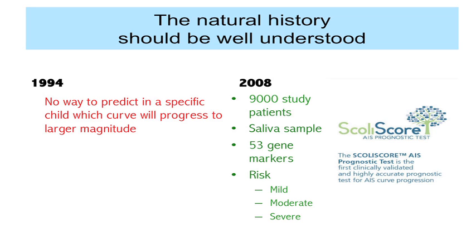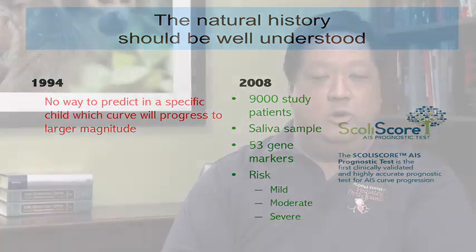So now this test is available where with a simple saliva sample, you can actually find out in 2 weeks whether or not your child who has a small curve may end up having severe scoliosis, mild scoliosis, or moderate scoliosis. It will come in the form of a score from 0 to 200, and it will give you some estimate and a crystal ball view with 99% accuracy as to whether or not your child